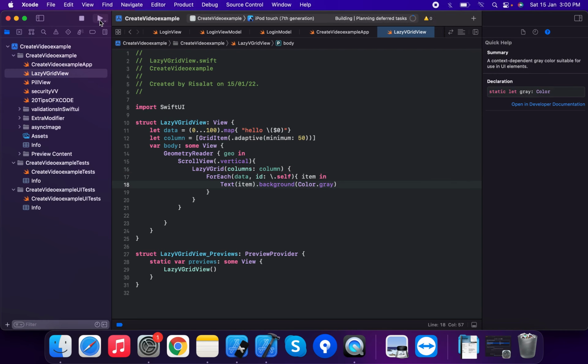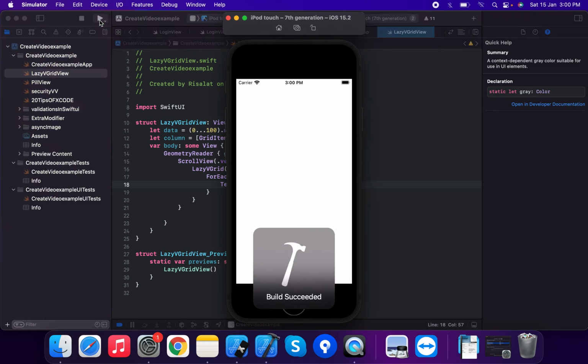LazyVGrid is a container view that arranges its child views in a grid that grows vertically, creating items only as needed. Suppose we have created 15 items in this grid.